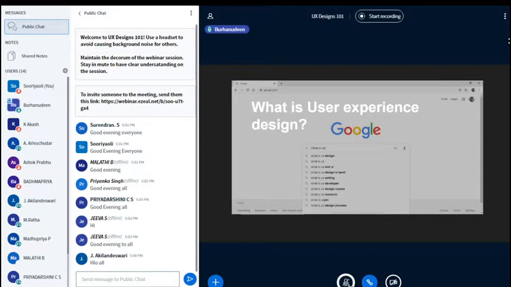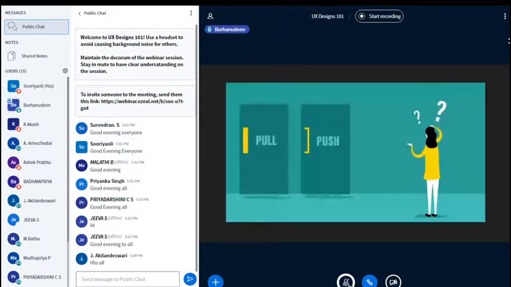So, for example, if you search in Google, it just gives results, right? So, what is user experience design? Some of you might have searched what is UX, and one-on-one, that is a basic thing. Some might have explored UX a little bit. I'm just going to surface on that.